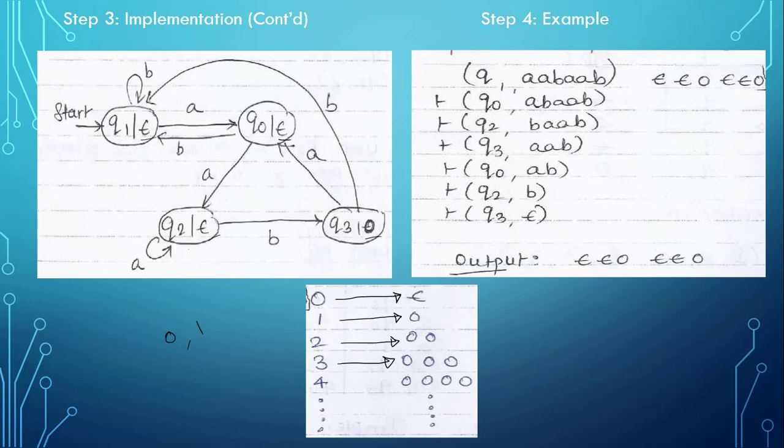As you can see in the example AAB, there are two occurrences. Using this pattern we will print epsilon on the first two symbols. At the third symbol occurrence we will print 0. Then again epsilon, and at the third symbol we will print 0. That means two zeros, so two occurrences of AAB were present in our given input string.